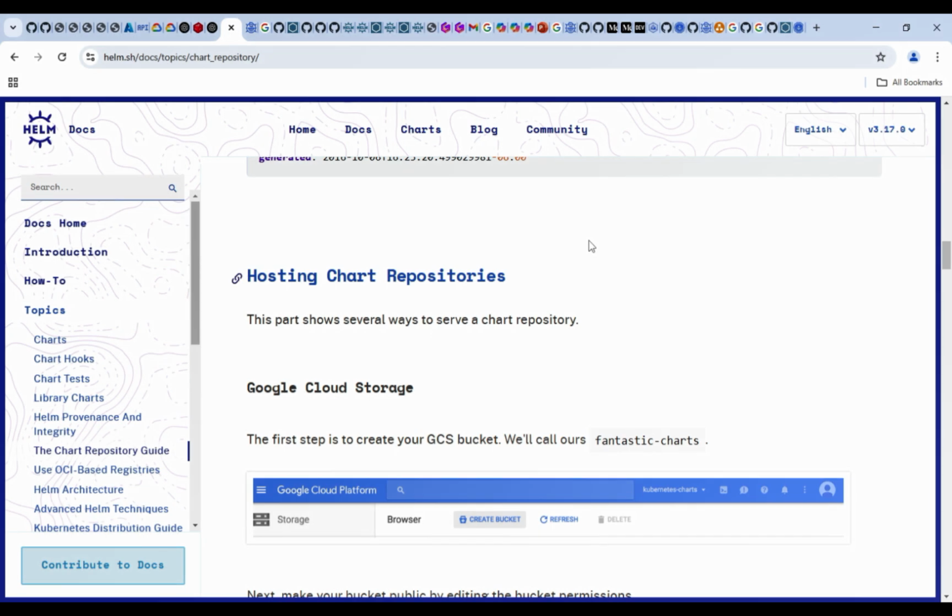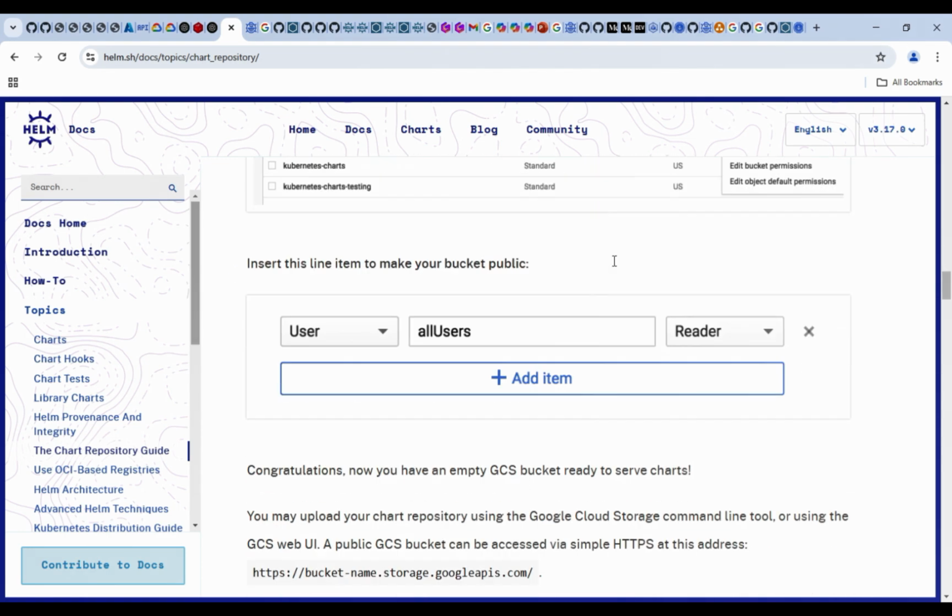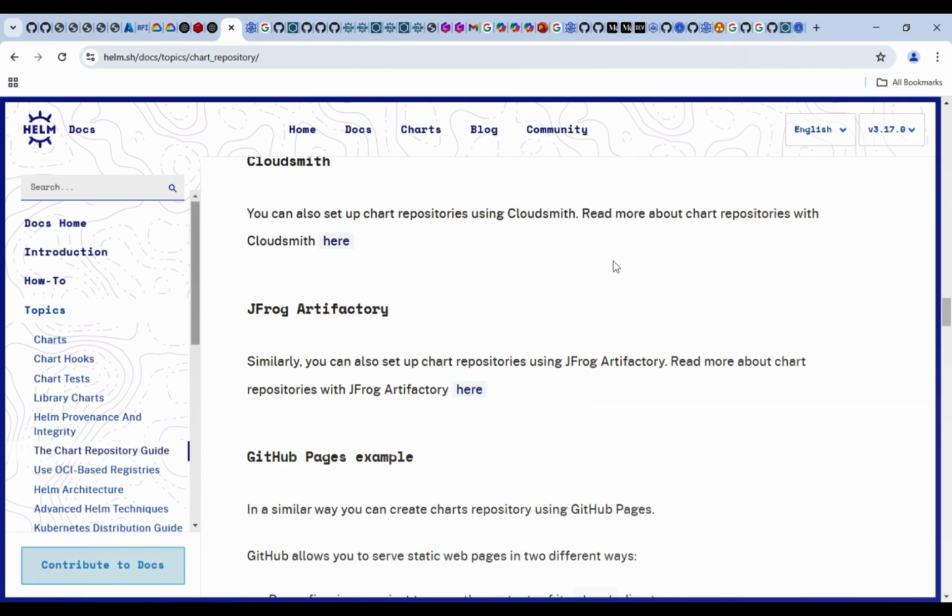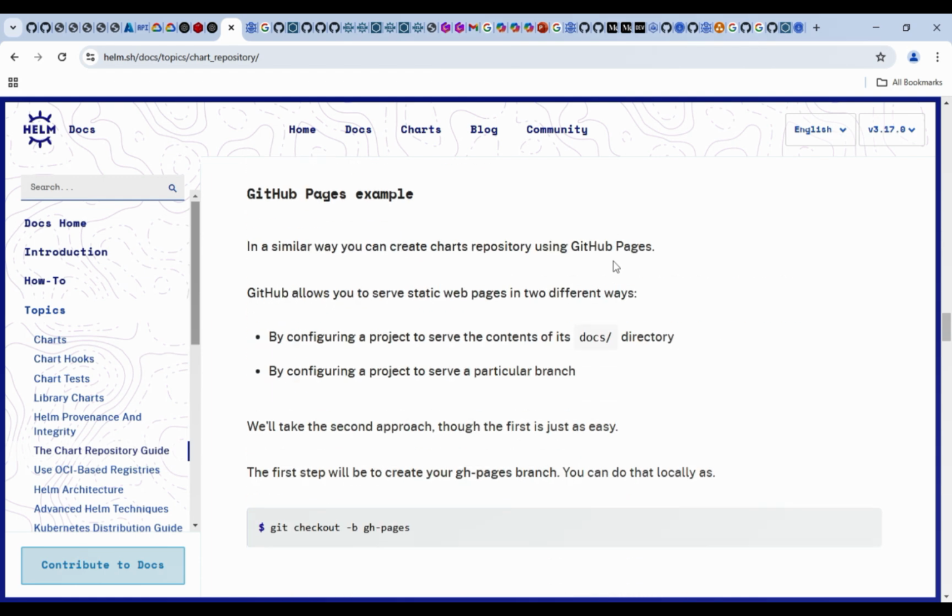Hi folks, welcome back. In the previous video, we talked about different options for hosting the Helm chart repositories, and then we did touch base on certain aspects, like what the different options are, like the Google Cloud Storage option, and then you can create your own web server using HTTPD Apache basically and host your charts there as well. And then we talked about the GitHub repo with the help of GitHub Pages, and